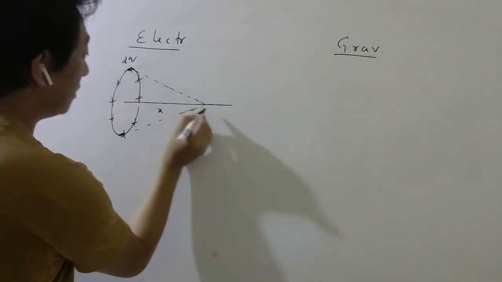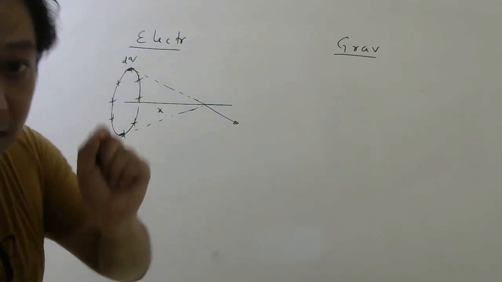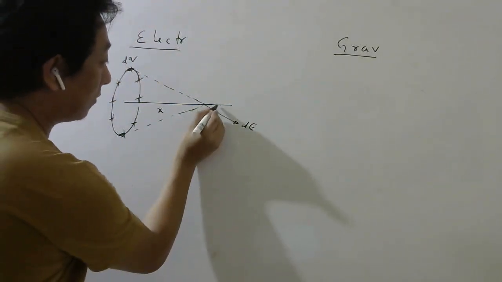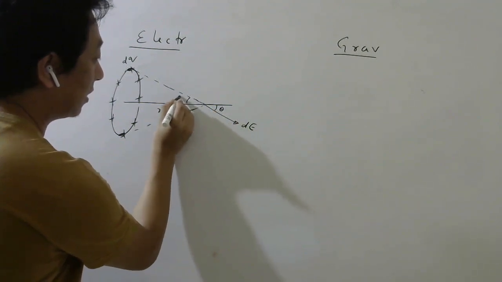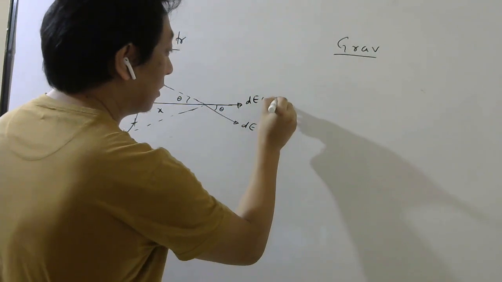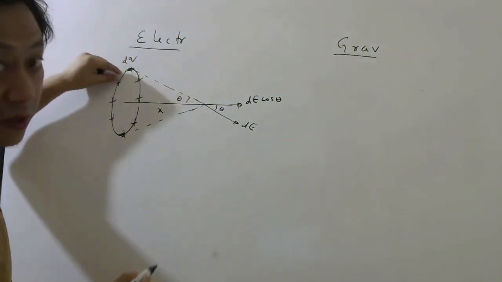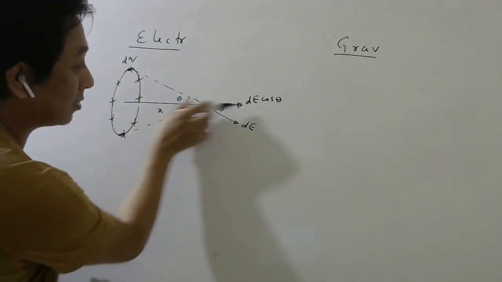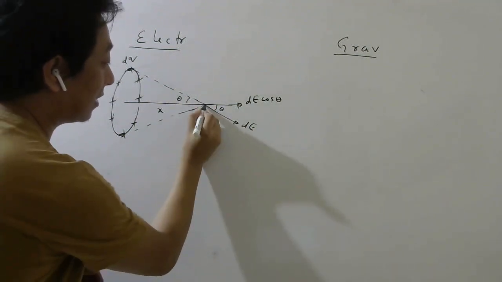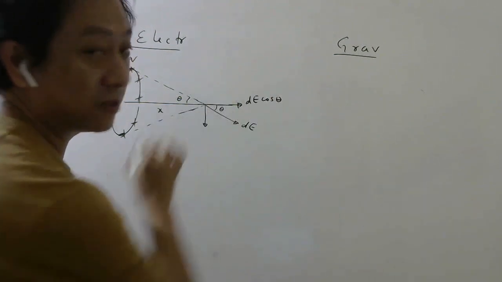So due to this dq, the electric field will be away from dq, right? And this dq can be considered like a point charge. So the electric field dE will make this angle theta here, which is the same as this angle theta. So this component will be dE cos theta. As I find the electric field here due to different dq, these components will keep getting added and these components will keep getting cancelled. So this component will cancel, no need to write, only these components will get added.